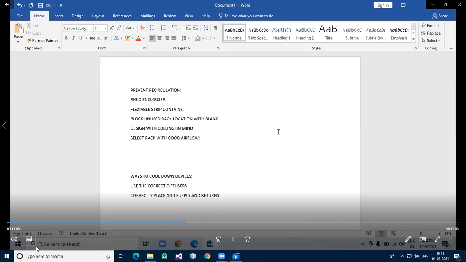Use properly sized returns, which need to be the right size to allow a lot of air to flow through. Obstructions such as piping, cabling trays and electrical conduits need to be taken into consideration when plenum space is calculated. Provide enough supply: underfloor supply plenums must be big enough to allow enough air to service.